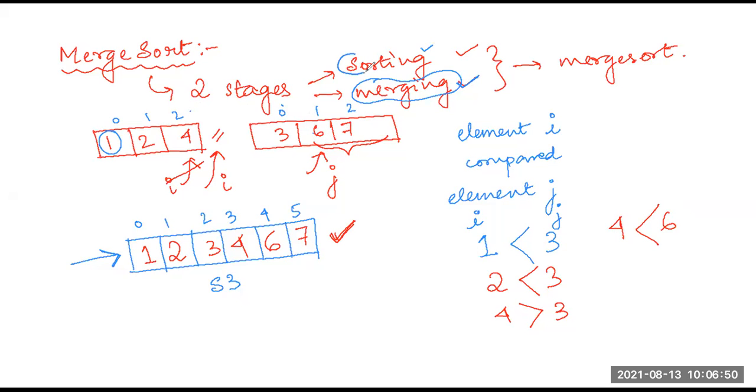Another section of this merge sort is the sorting part, which I will show. Okay, how the sorting is taking place. First, the sorting will take place, then the merging of the two sorted parts will take place. Since learning the merging was easier, I explained the second stage first. Now I will explain how the sorting is happening. Okay.